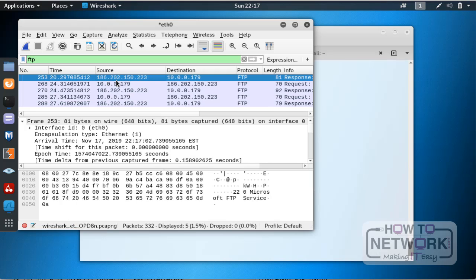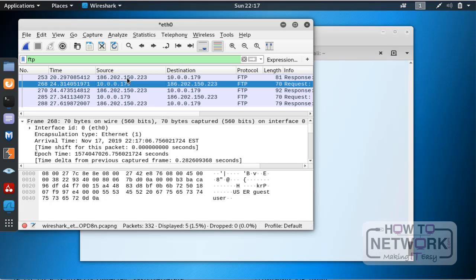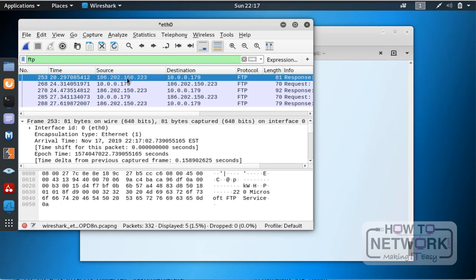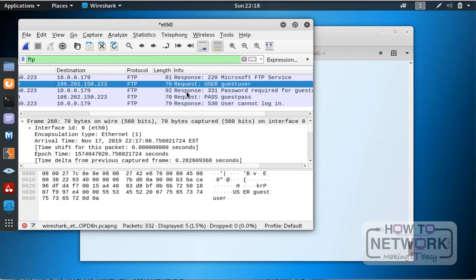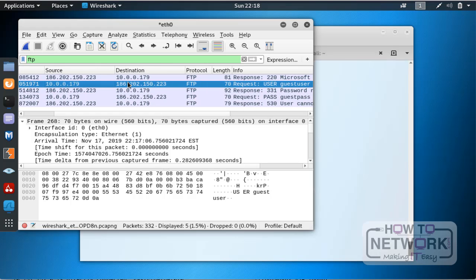So, this is the source, that's the destination, this is the source. This is the first time that I disconnected from that server and then I connected again from the Windows machine. So this is the connection request. Let's see if it is. I'm gonna scroll here to the right. There, it's an FTP transmission from my Windows machine to that destination machine, which is the